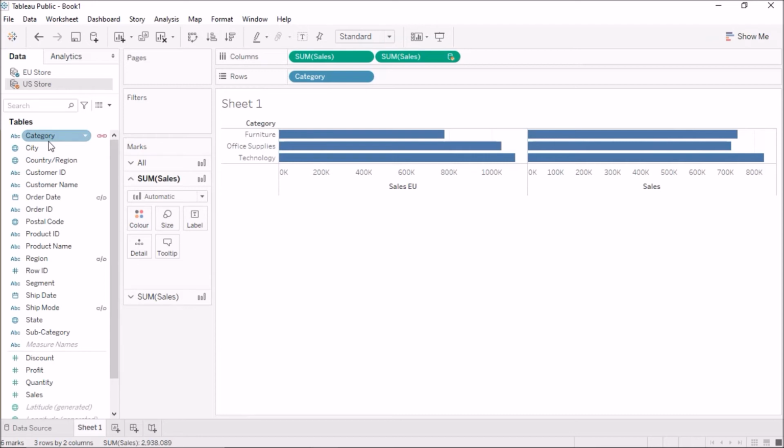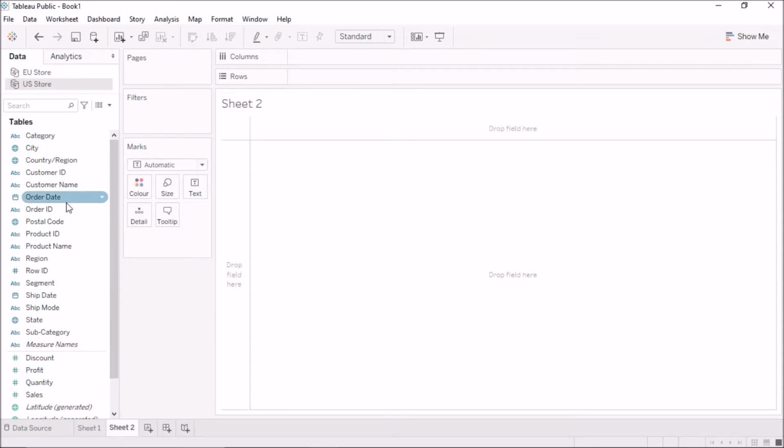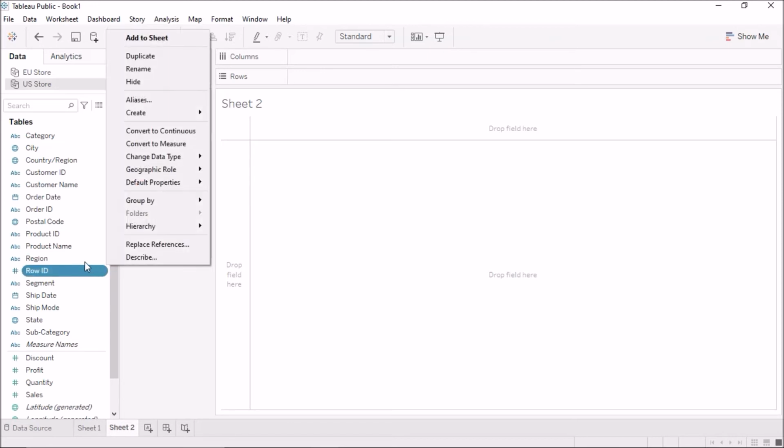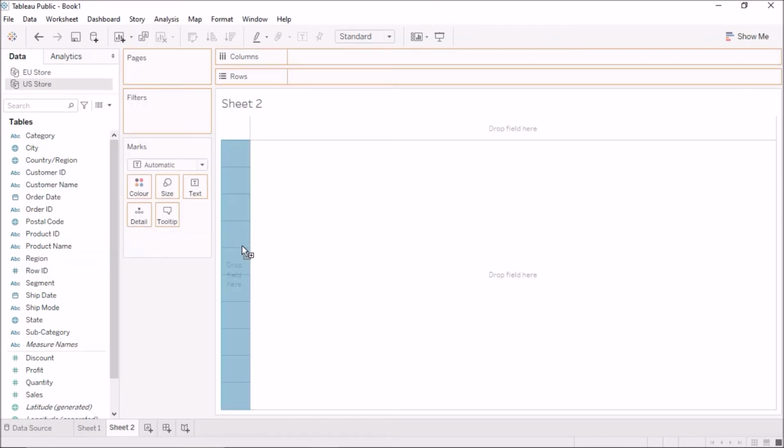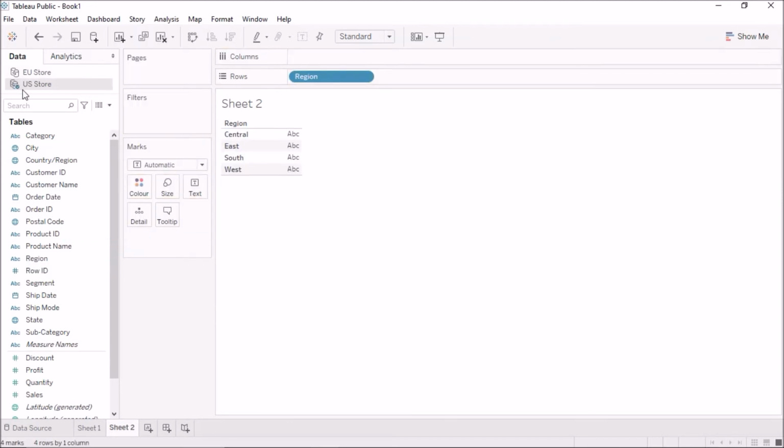Now, as I said, blending is useful when the linking field needs to vary on a sheet by sheet basis. So now, for example, if I come to sheet 2, now I do not want to check on the category, but say I want to do it on the region column. Okay, so I'll first drag the region column onto the visualization, and this becomes the primary now.